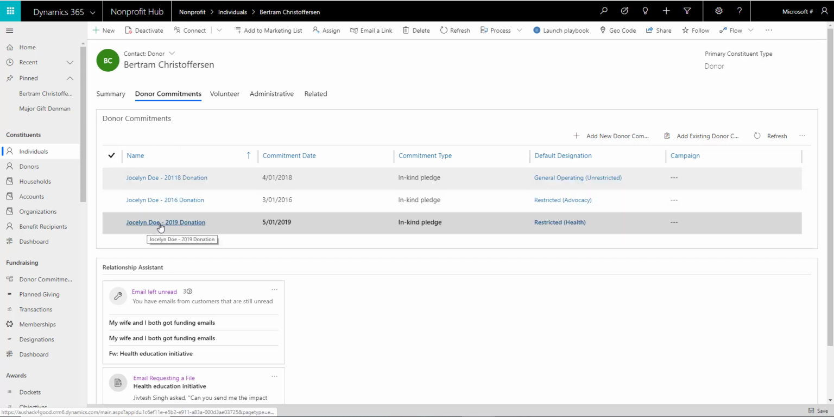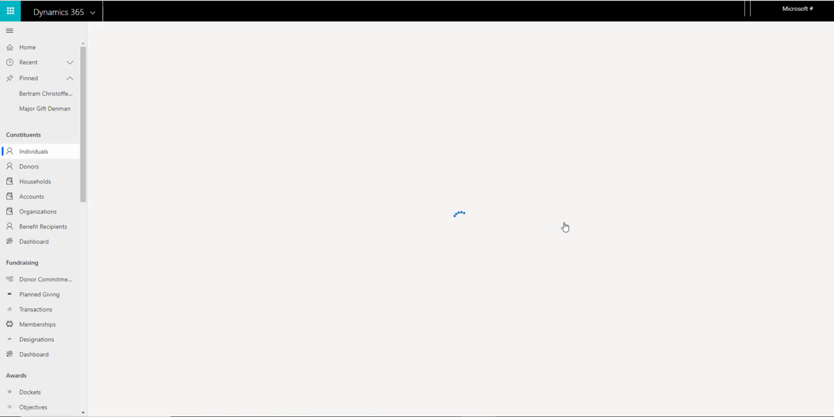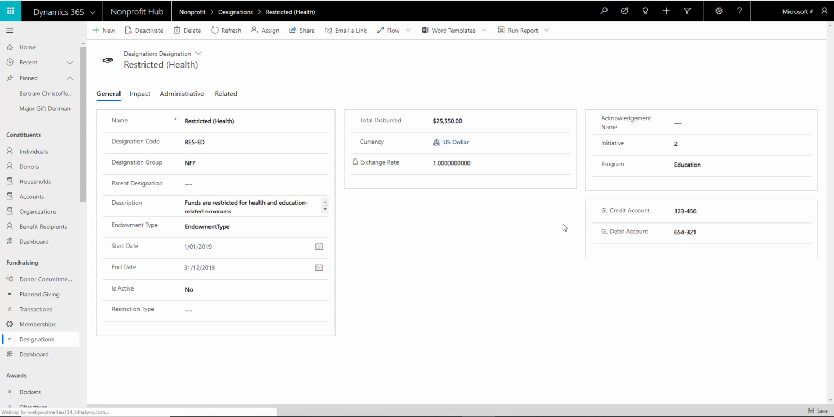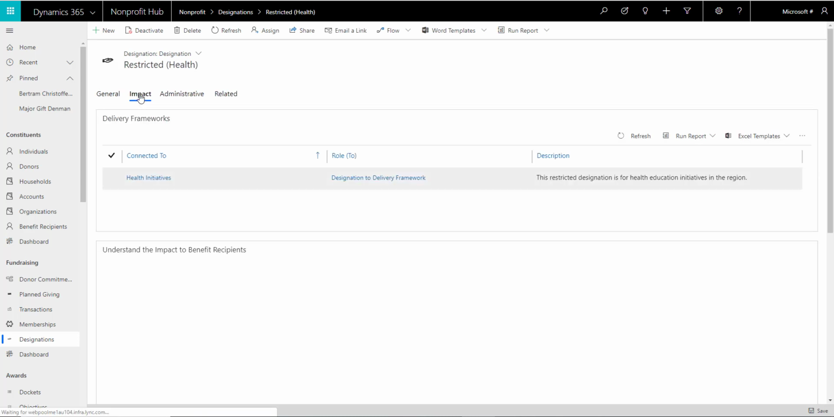More specifically in here, I want to look at one of the donations that they had, which had a restricted donation more focused around health. So when I meet them, I want to talk to them specifically about this particular commitment that they had. I can see in here that the funds for this are restricted for health and education related programs. Now I can drill down further and look at the impact of this particular